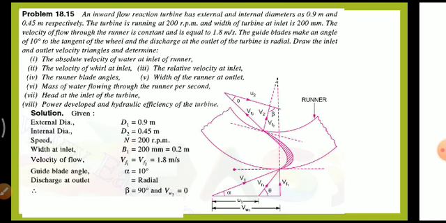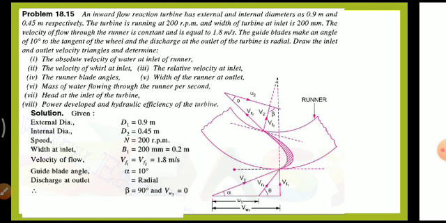So in this question, this is an inward flow reaction turbine. This is our first velocity triangle, which will be outside of the drum. This is our second velocity triangle, on the inside of the drum. The importance is in calculating the value of u1: u1 is equal to pi d1 n by 60 and u2 is equal to pi d2 n by 60. The value of d1 will be larger when water is flowing from outer to inner. d1 will be the larger quantity, d2 the smaller quantity. When the water is flowing from inner to outer, d1 will be the small quantity and d2 the larger quantity. So that is the importance of an inward flow reaction turbine.